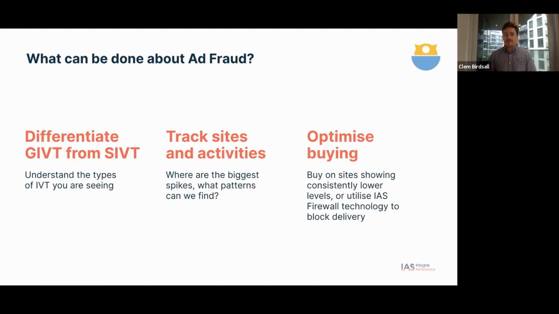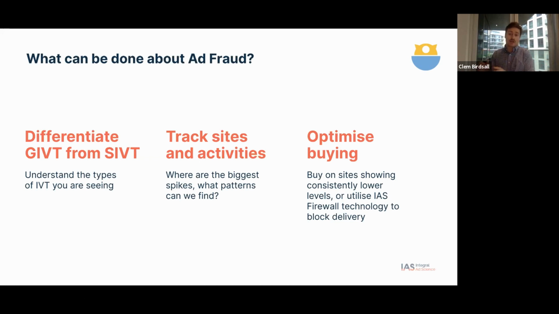So what can be done about ad fraud? And this is where we get to talk about the partnership between Eskimi and IAS. What we can help do if you opt in is differentiate the types of fraud that you're seeing. There's two different levels of IVT. There's GIVT, which is general invalid traffic, and sophisticated invalid traffic. Sophisticated invalid traffic is the fraud. That's the really bad stuff that we've been talking about. GIVT is more your testing environments. It's trafficking creatives and making sure they're running correctly. That's the GIVT. So we can help you differentiate what type of fraud you're actually seeing.